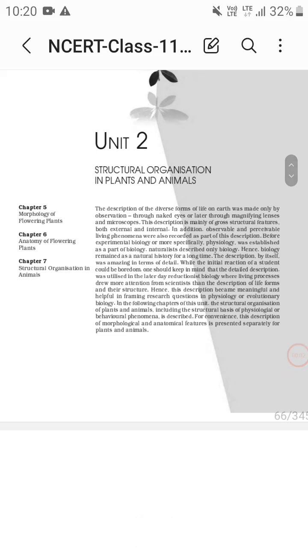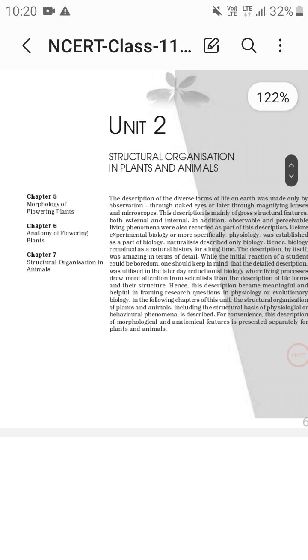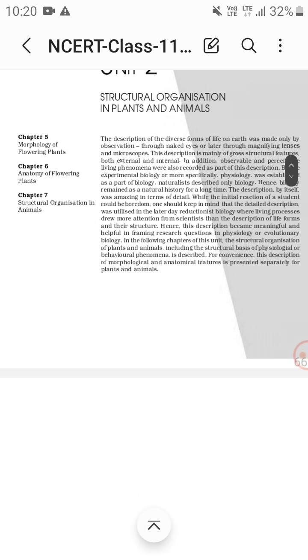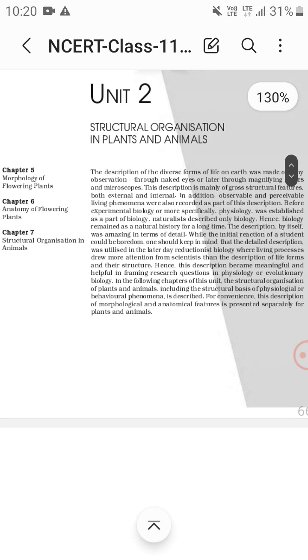Number 2, structural organization in animals and plants. Chapter 5, morphology of flowering plants. Chapter 6, anatomy of flowering plants. Chapter 7, structural organization in animals. Now okay,